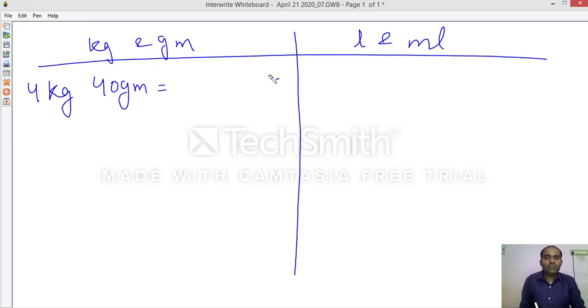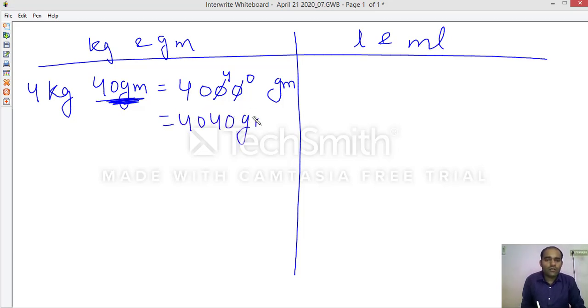Change it into gram. What you need to do? First you will change the kilogram portion into gram. I will change 4. What will come here? 3 zeros. It will change into gram, but here the gram portion is also there, so these two digits will be replaced by 2 zeros. This 0 will be replaced by 0, this 0 will be replaced by 40. So what is the answer? 4040 gram.